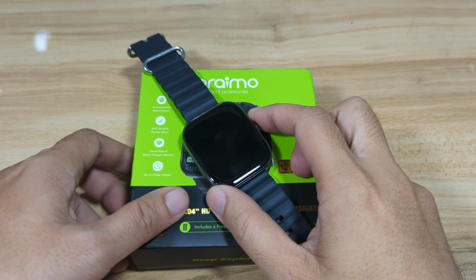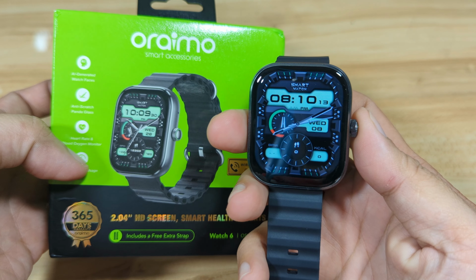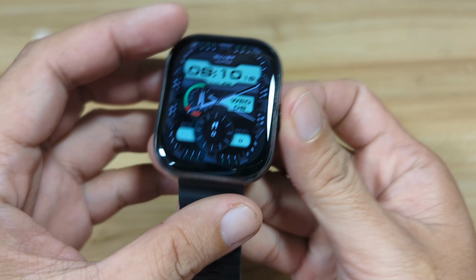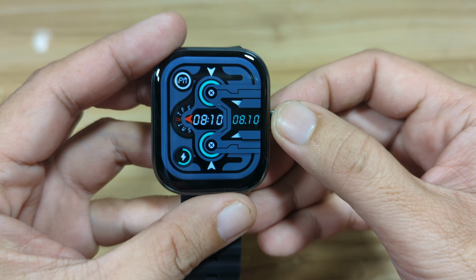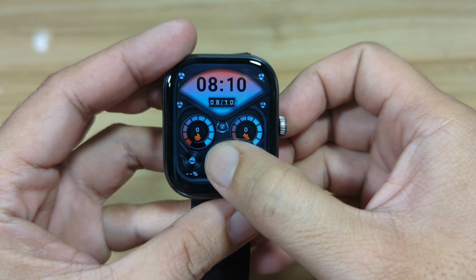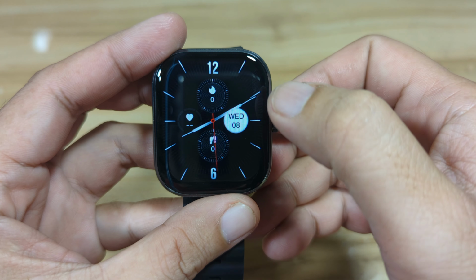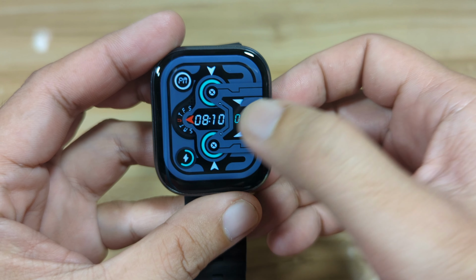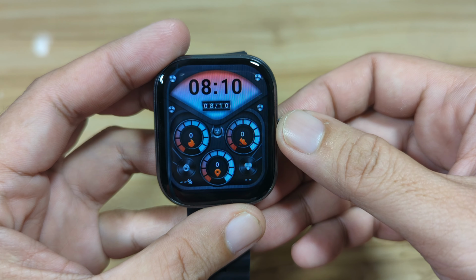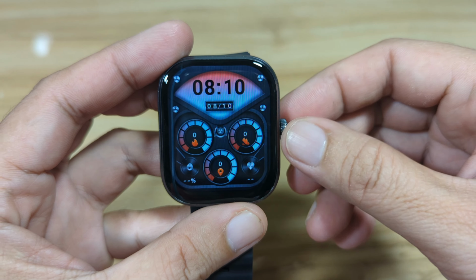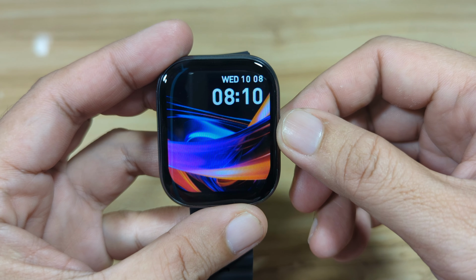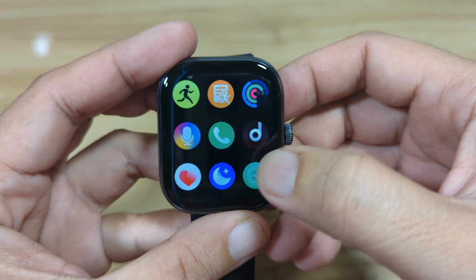Okay, so let's begin and explore the world of watch faces for our Oraimo Watch 6. This is the default watch face here, and we have additional watch faces. I don't know if we have functional watch faces. Let's see. No. Can we select, or is there a shortcut for this? None. So there's no support for functional watch faces, but we have at least 1, 2, 3, 4, 5, 6 watch faces.